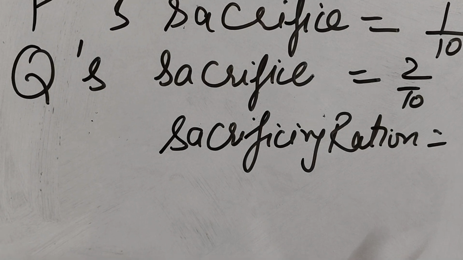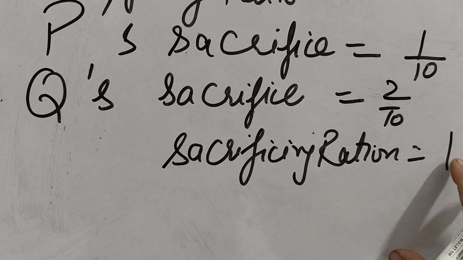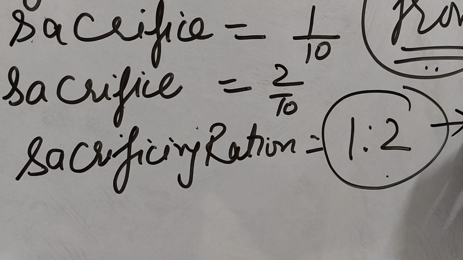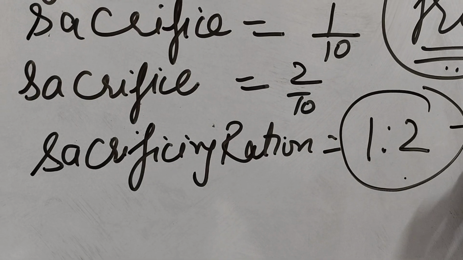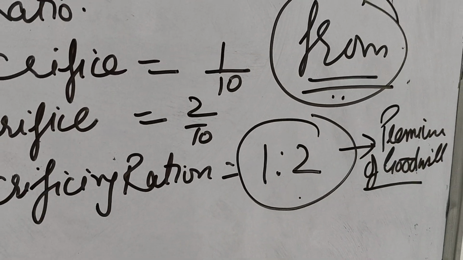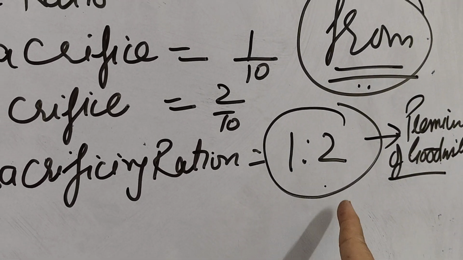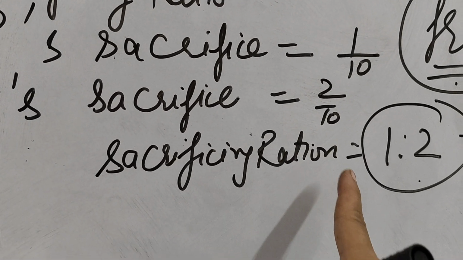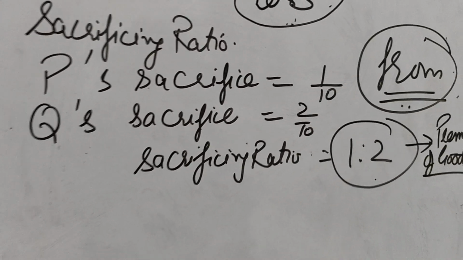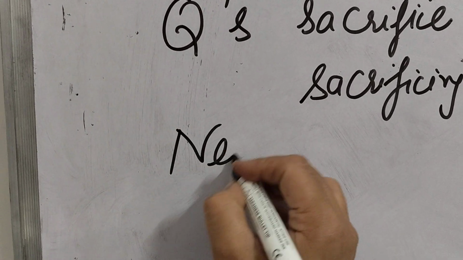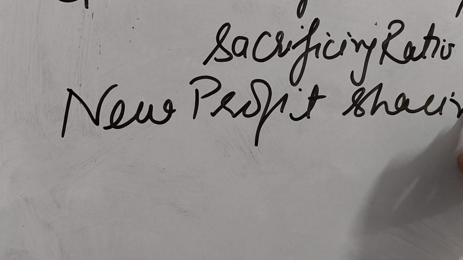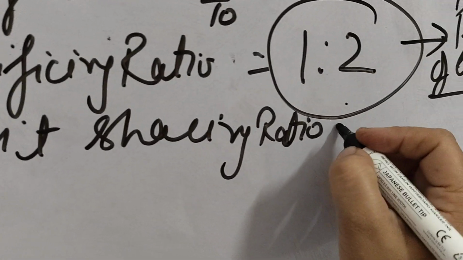What is their sacrificing ratio? That is 1 is to 2 among themselves for the division of premium of goodwill. Whatever premium of goodwill would be brought in by the new partner, that will go in which ratio? That is 1 is to 2. Fine. So this is their sacrificing ratio. In the case we have to take premium for goodwill. But when we have to calculate the new profit sharing ratio, the formula goes